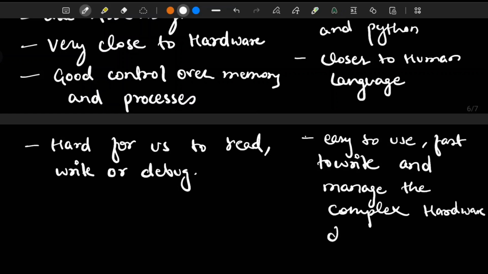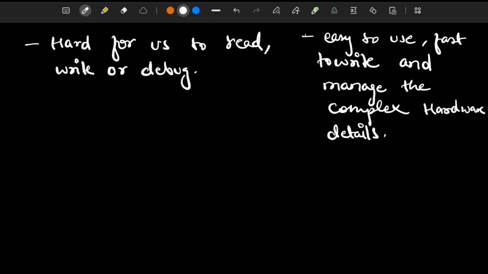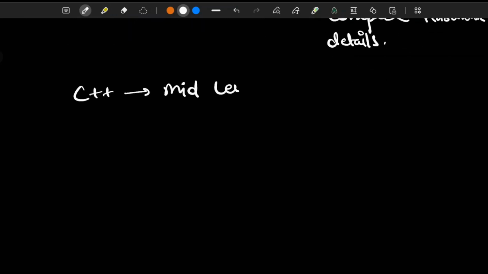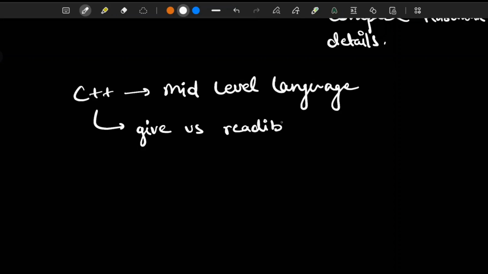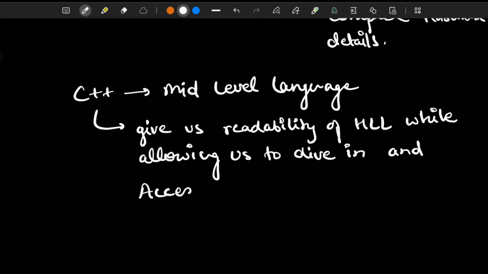And where does C++ fit? It is often called a mid-level language because it gives us the readability of a high-level language while still allowing us to dive in and access low-level memory control, which is crucial when we get into topics like linked lists and memory efficiency.